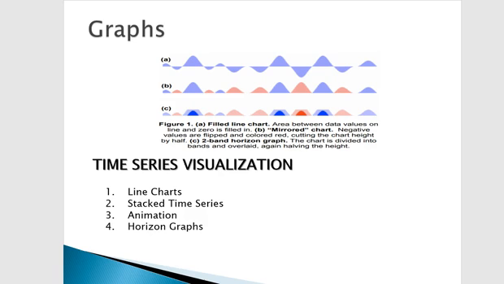The first graph is called a filled line chart, in which the area between the data value and the line is zero-filled. The second graph is the mirror chart, which mirrors negative values in the same region as the positive values and relies on hue to differentiate between the two. The shaded blue one is the positive value and the negative value is red. The mirror chart doubles the data density compared to the line chart.